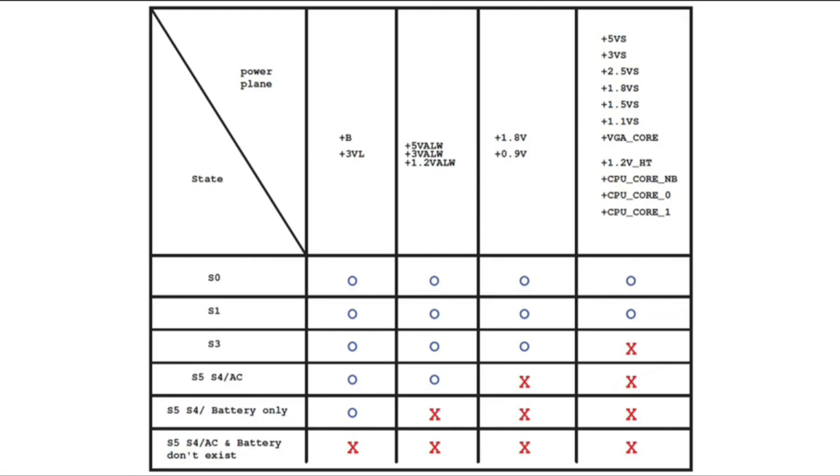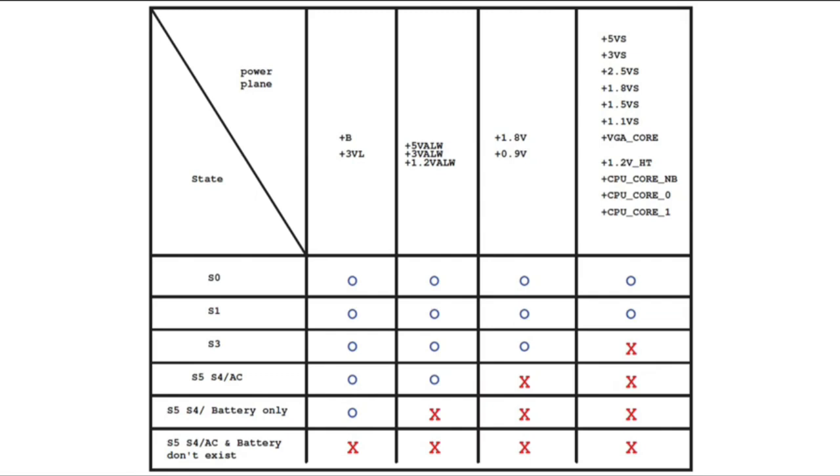So for DDR1, the power is 2.5 volts and 1.25 volt for terminals. Okay, DDR2 we have 1.8 volt and 0.9 volt, always half of the main power. For DDR3 1.5 volt and 0.75 volt. For DDR4 1.2 volt and 0.6 volt for VTT, and for DDR5 1.1 volt as a main power